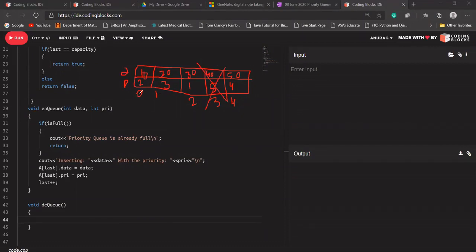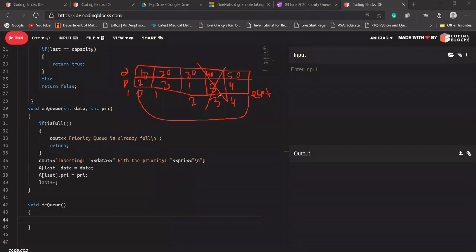For that, first I have to check in the priority part which index has the highest priority. So I'm going to iterate one loop from 0 to less than last, and find the highest priority value. Let's say I found the highest priority at index 3.